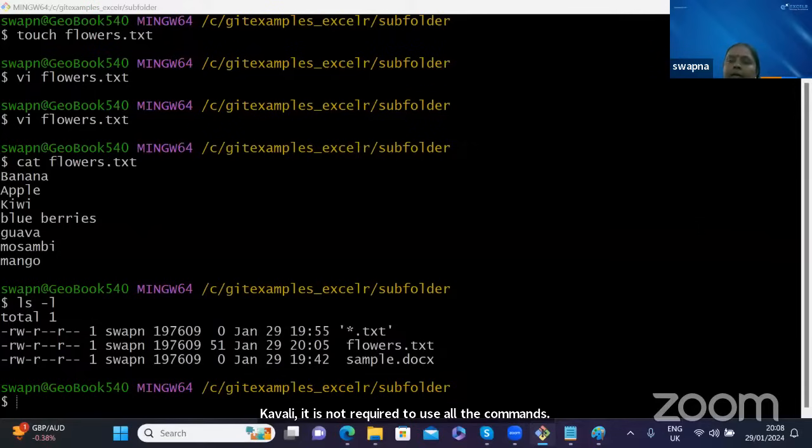See, in Linux, multiple commands are there. If you sit and start doing all the commands, it will take almost 1 week to complete it. Whatever commands are necessary for